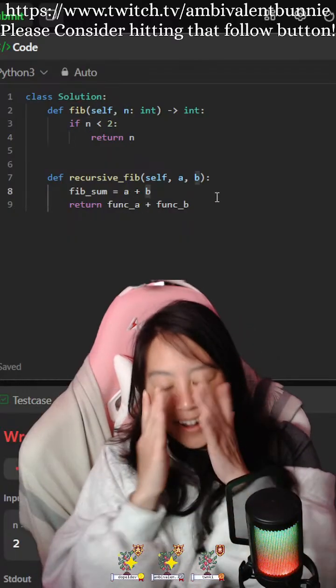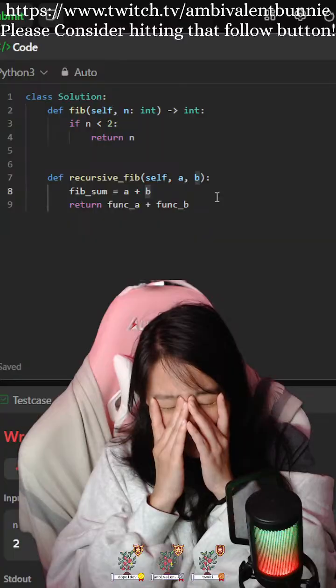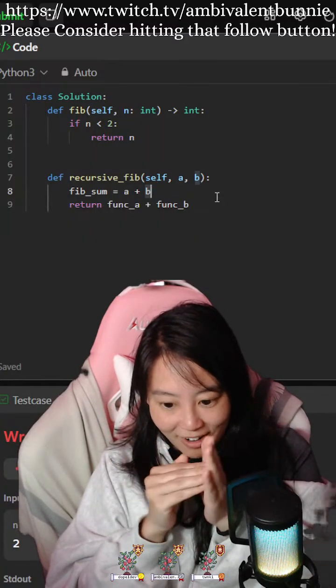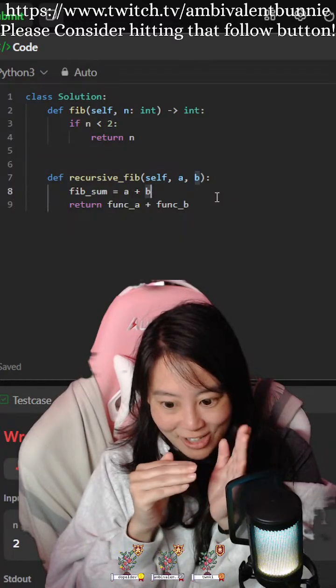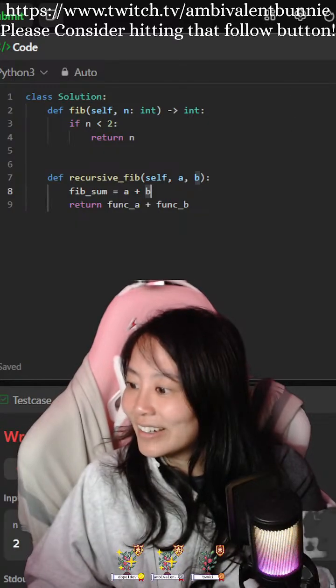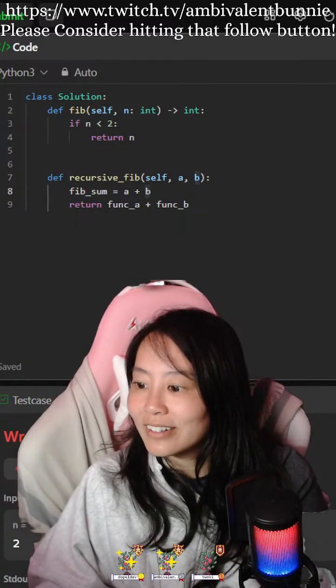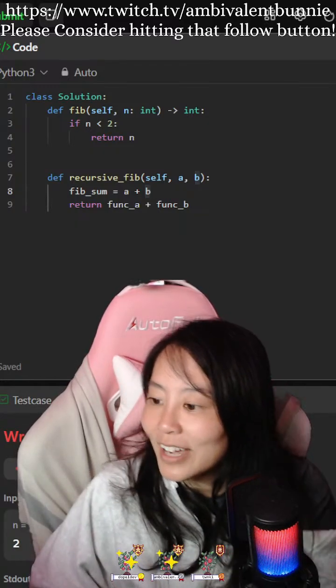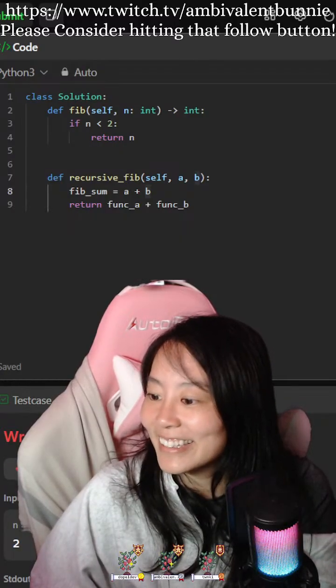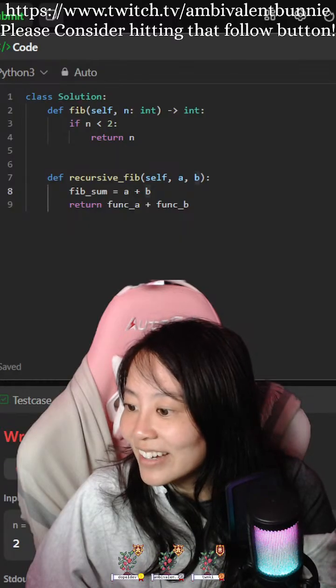Okay. I got the recursion on the last one, but the return statement was all funky. Oh my god. Oh, time limit exceeded. Just do it all in fib.